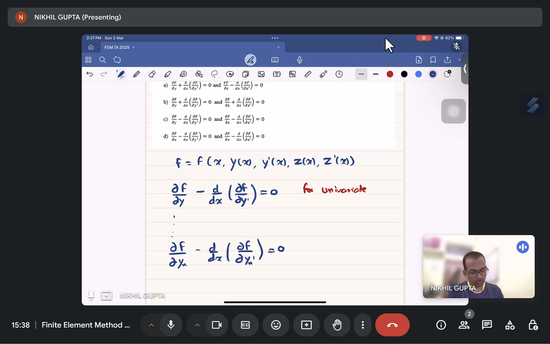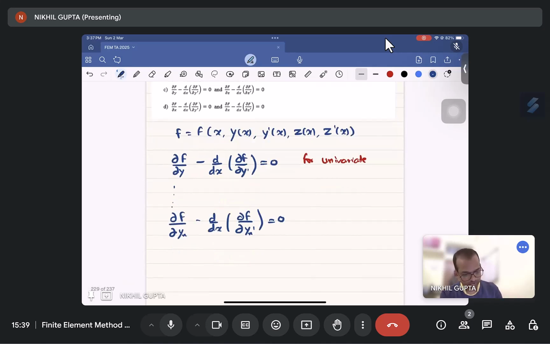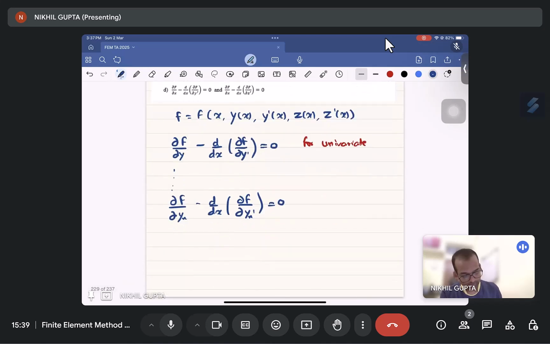When we solve all these equations, we get different differential equations for the different variables. Since here two variables are there, y and z,